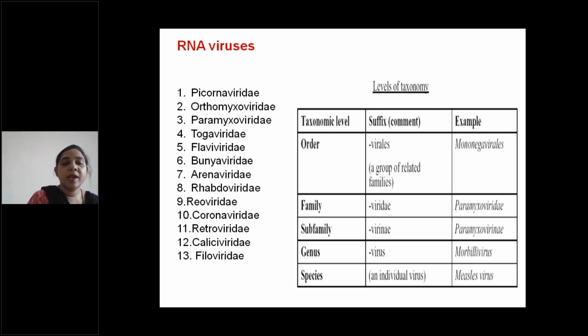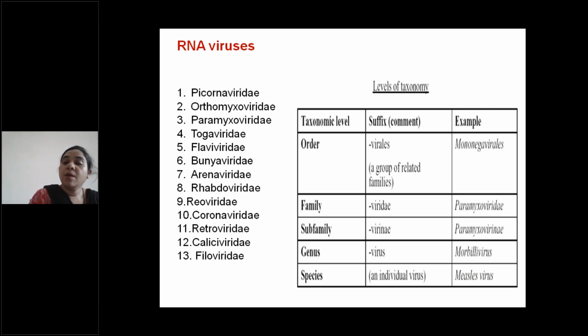Next one, RNA virus. There are so many types of RNA virus. So you keep in mind, first of all, you come to me about DNA viruses. What's the code for DNA viruses? P3, H2A. Once you know this, all the rest of the viruses you keep in RNA virus. Like that, you can easily know.